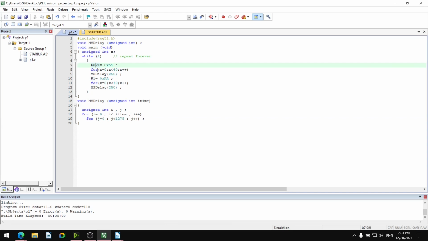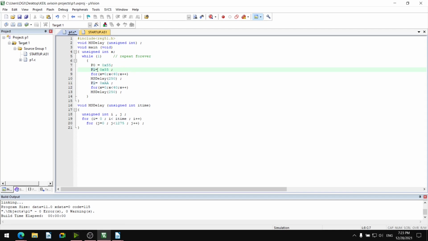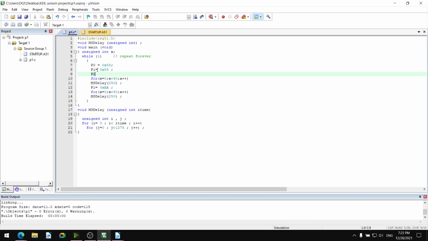So P0 equals 0x55; P1 is also there. Let us take P2 also. P2 equals 0x55.